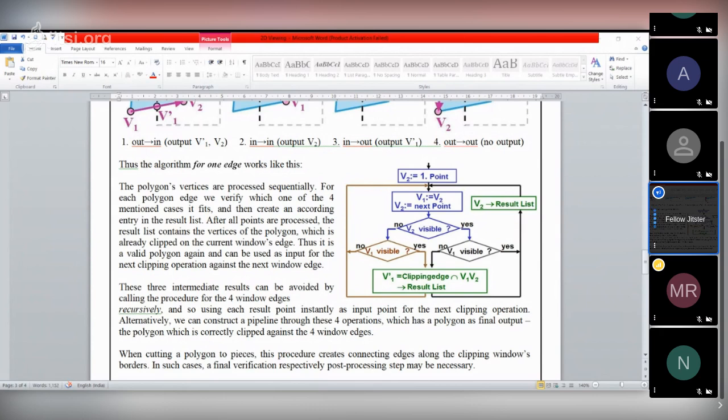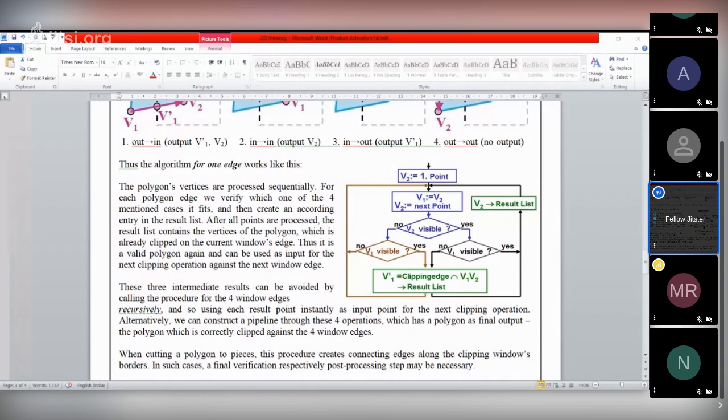That means we now have 2 points of the polygon. One is V1, another is V2. V1 means the first point, and next is V2. V2 means the current point which we are now considering.